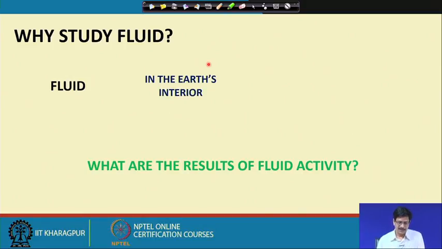As I mentioned, the major part of the fluid is in the earth's interior, and what we see on the surface as oceans and the river water, or the water which is locked, or even the shallow groundwater, is almost equal or more in magnitude. That much water is locked in the layers in the subsurface in different types of rocks of the crust and the mantle. If we just have an idea about how these subsurface processes operate,